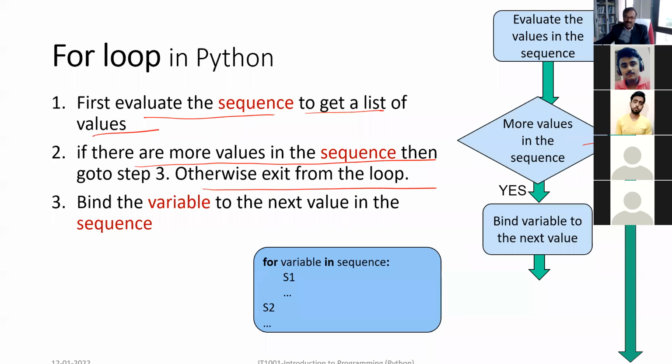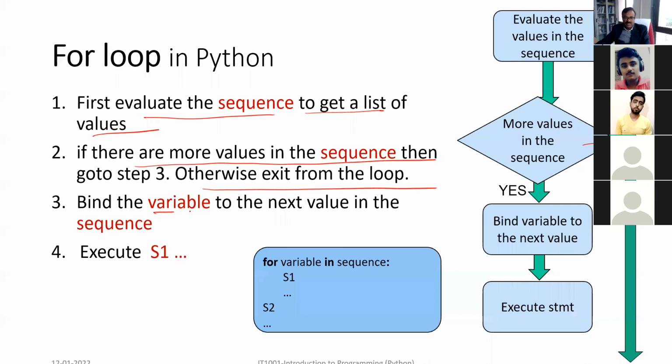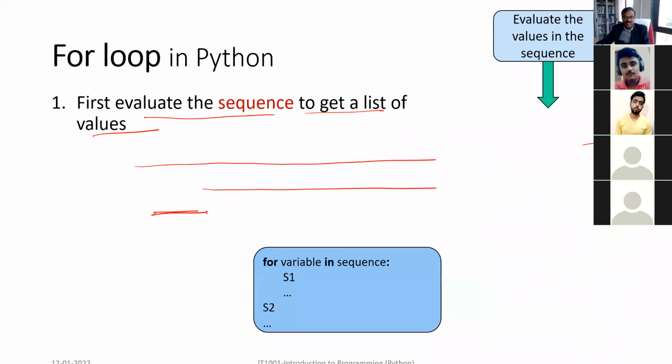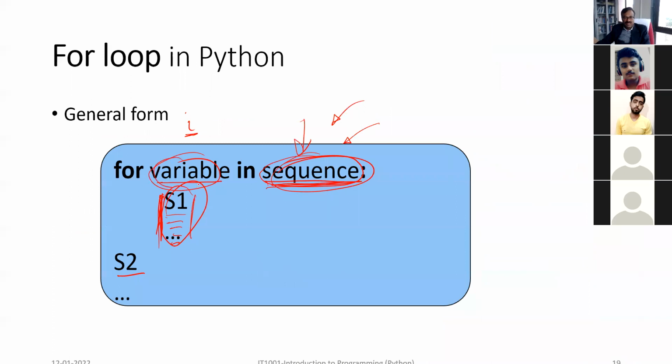And this variable which we have seen here is going to get one element of that sequence each time. So if that range is going to give you numbers like 1, 2, 3, 4, 5, 6, and so on and so forth up to